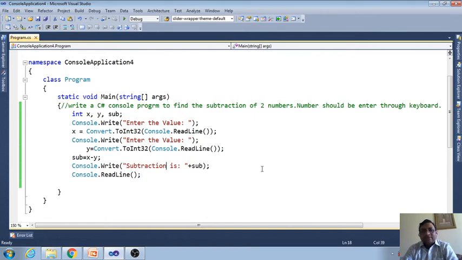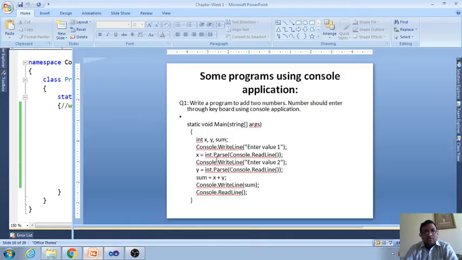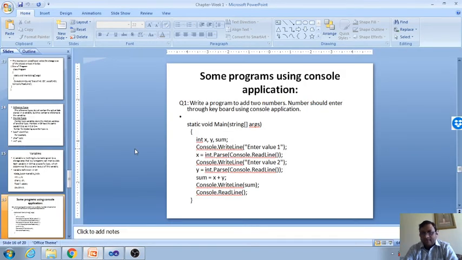The multiplication and division you do yourself. Okay, and tell me whether you are able to do it or not, whether your answer is coming correct or not. You do it and tell me. And the next program, let us open the chapter and see what is there in the next program.